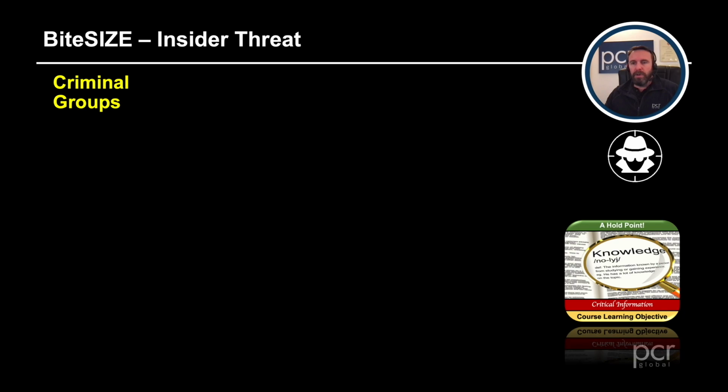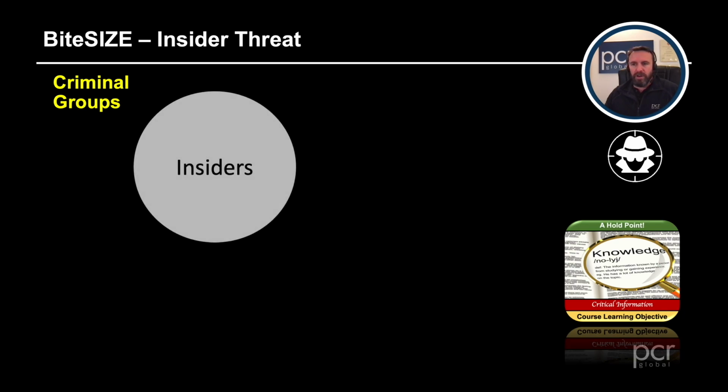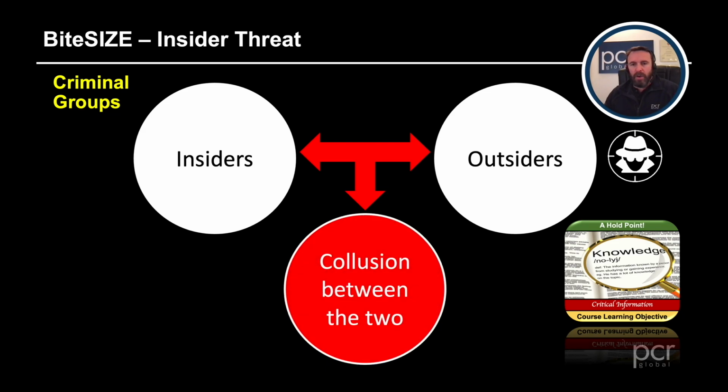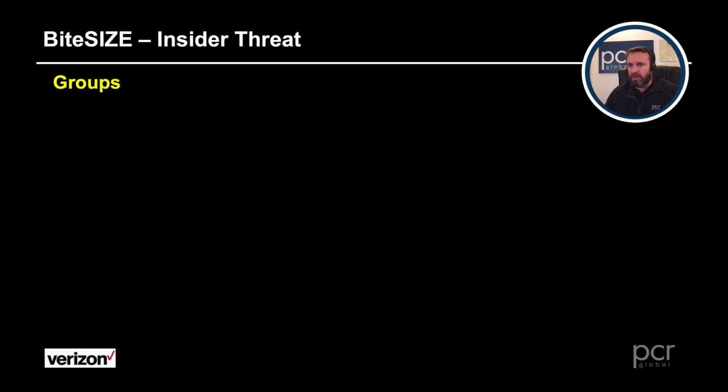Also, we can look at some criminal groups. Now, I've taken this from the Security Handbook, from the first editions of the Security Handbook, and I can't remember who said it within the book, but ultimately they mentioned insiders, outsiders, and then also collusion between the two. So that's there, not specifically for insiders, but ultimately it does say insiders colluding with outsiders, and then the collusion between the two. That does give us three criminal groups, and I always like to remember those three when talking to clients. So I think that's worthy of being put in the slide.